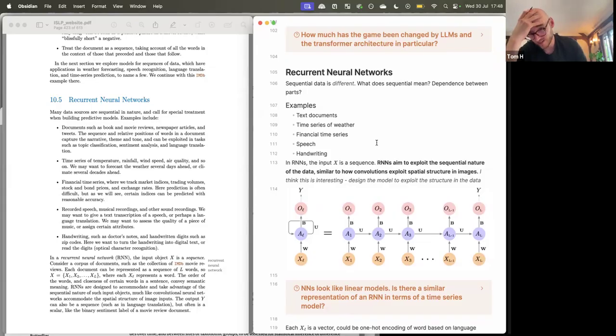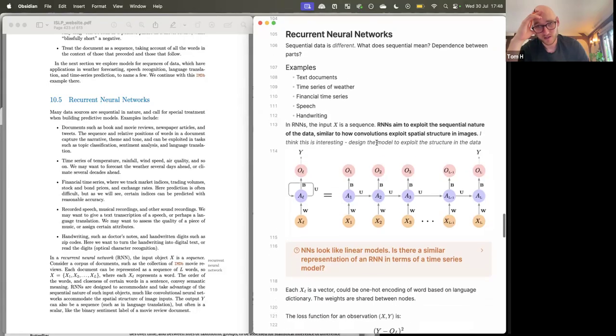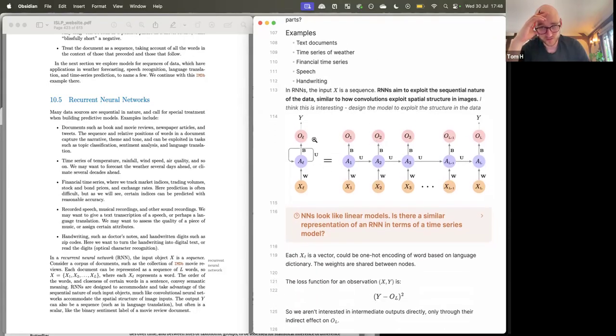And I think that's a really interesting point, which seems kind of obvious, but you design the model to exploit structure in the data, which seems really key for any modeling you're doing. Or look at the data you've got and how can you make the most of any existing structure in that. And so you've got this compressed form of the RNN here, which I think is quite confusing, and it's much easier to think of it like this,